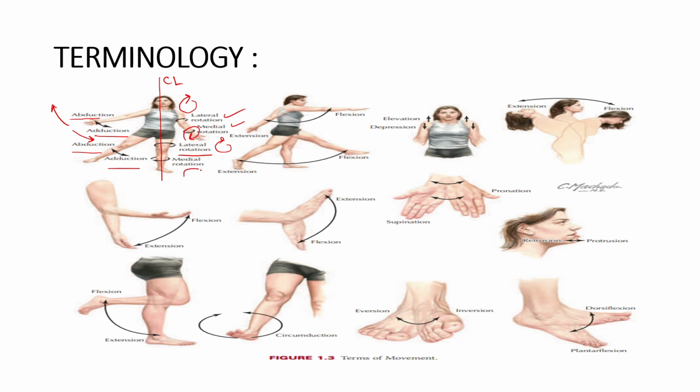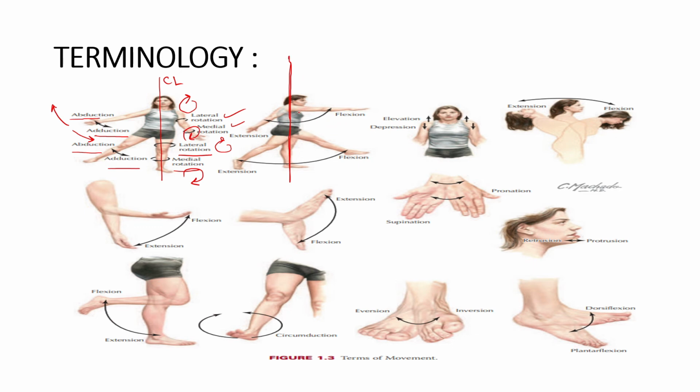If we rotate our leg from this side to this side, it's called medial rotation. That means if clockwise, that is lateral. If anti-clockwise, then that is medial rotation. Okay, here you see, this is the central line, and from the central line, if we stand like this in